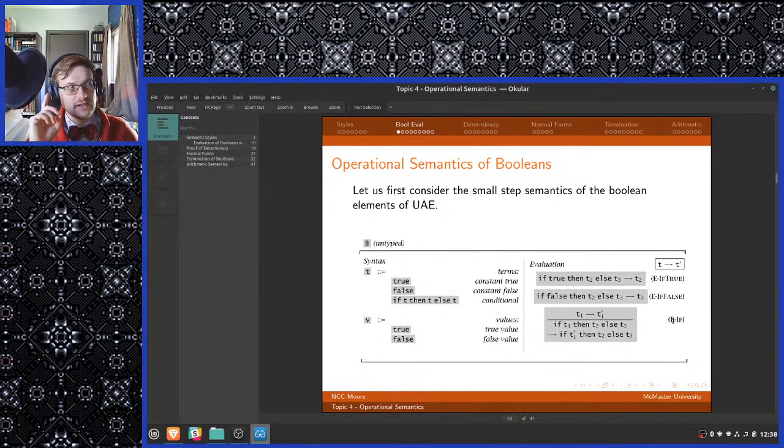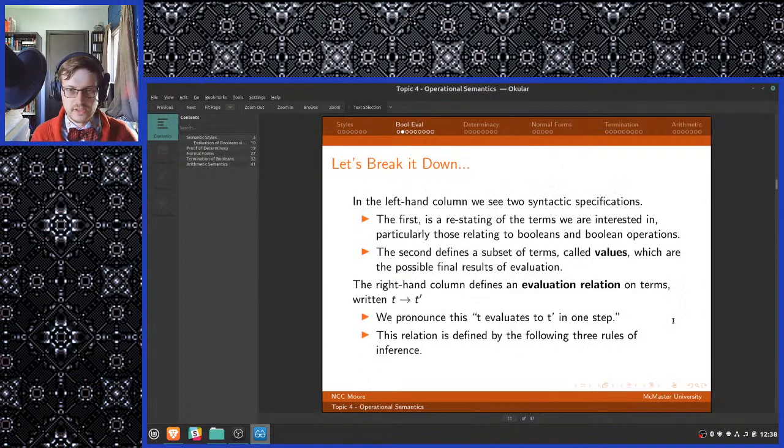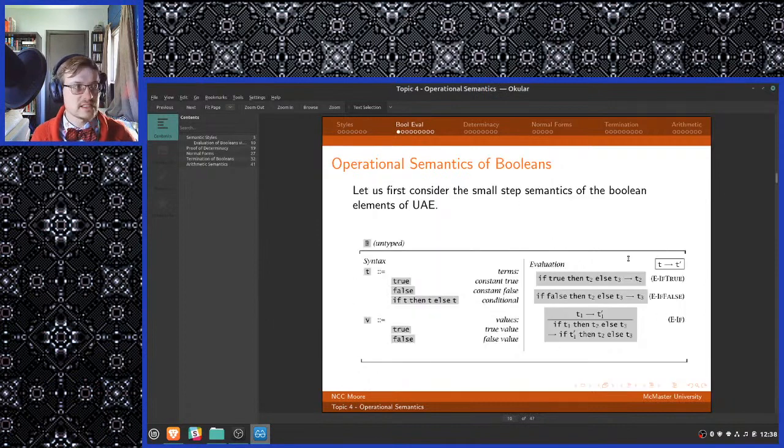But conspicuous by its absence is similar rules for T2 or T3. The reason that they're not included is because if we include them, the operational semantics become non-deterministic. So with the semantics as they're currently